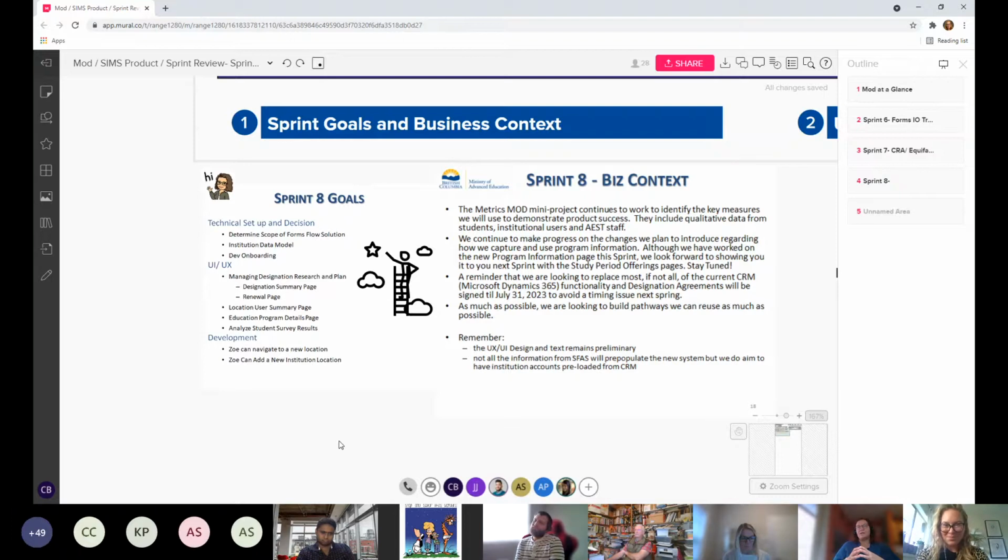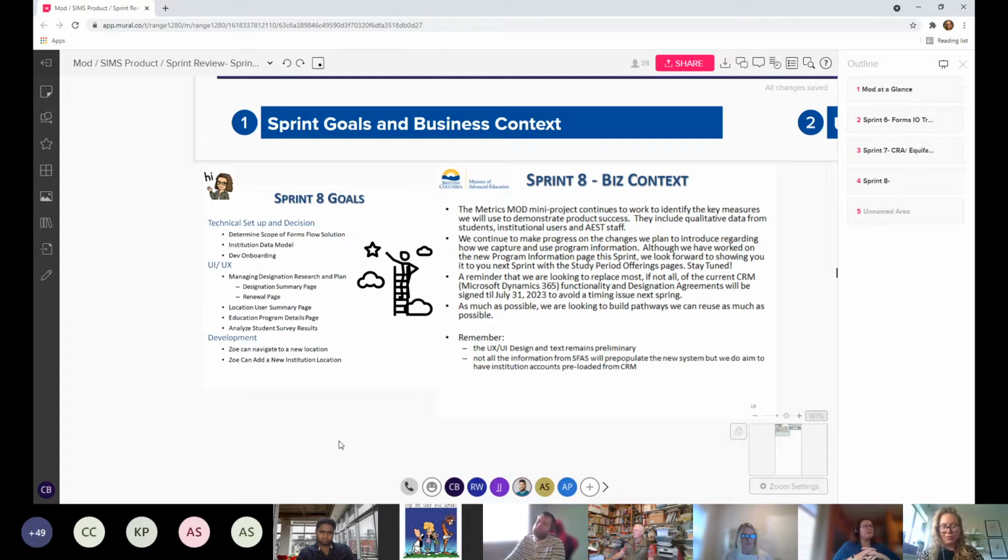We're going to show you the designation renewal process from a UX UI perspective. Also starting to map out the location user summary page. We've dove into the education program pool. This is a very large project, and so we're starting to look at how we are going to do that differently